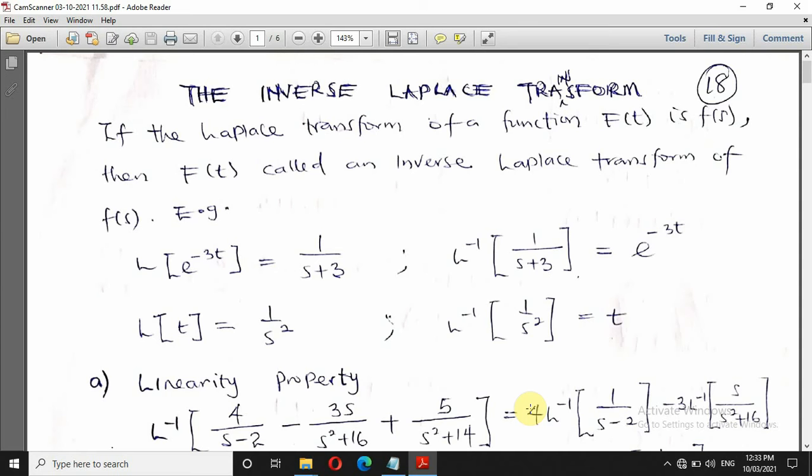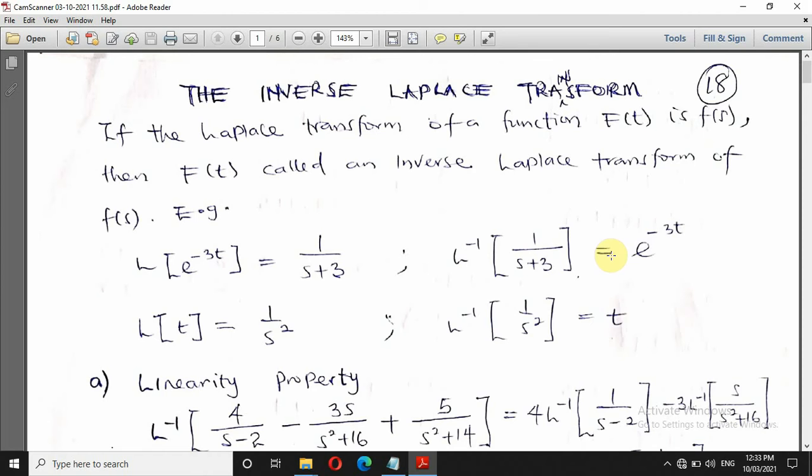This is just only 6 pages, so I will speak to it, and I believe it's going to help us a lot because we're going to use it when we are solving ordinary differential equations. As you can see on the board now, we have exponential minus 3t, and if you find the Laplace transform of exponential minus 3t, then you have 1 over x plus 3. Likewise, the inverse of 1 over x plus 3 will give us the main function f of t,